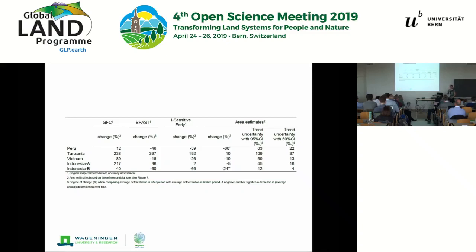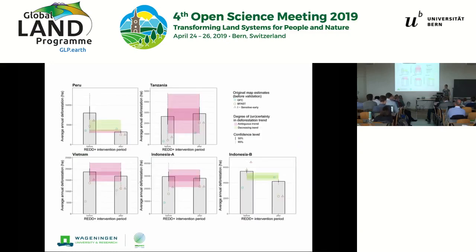And of course, we also did an accuracy assessment, with a stratified random sampling approach. And then again, you sometimes get very different trends. We also used confidence intervals to have a better idea about the trend uncertainty. So if you then go to REDD+ performance and look at, for example, the annual deforestation in your before period and in your after period,